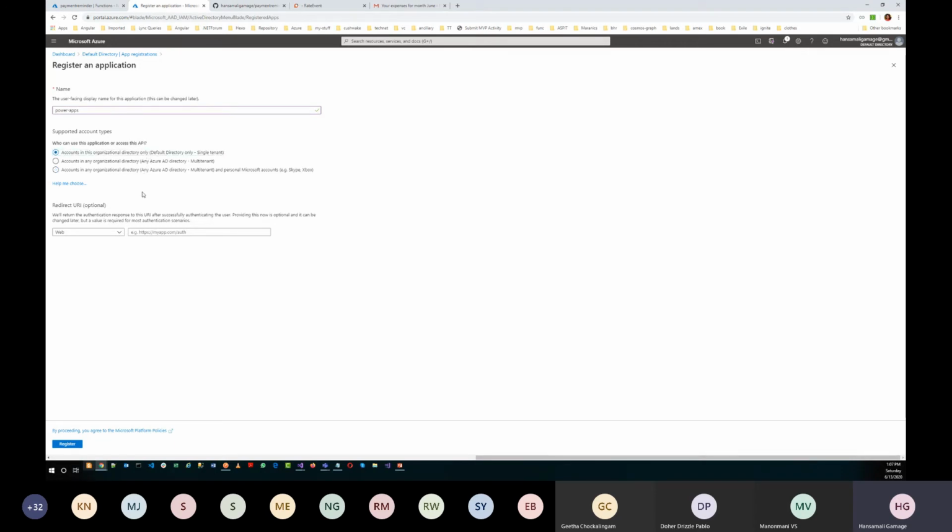If you want to provide it for multiple organizations, many Azure ADs, you can go with the second one. If not, and you want to provide it for any Azure AD plus any personal Microsoft account, you can go with the third option. So let's select the third option. And for the redirect URI, you can provide the URI, but that's optional. So you can click on register.